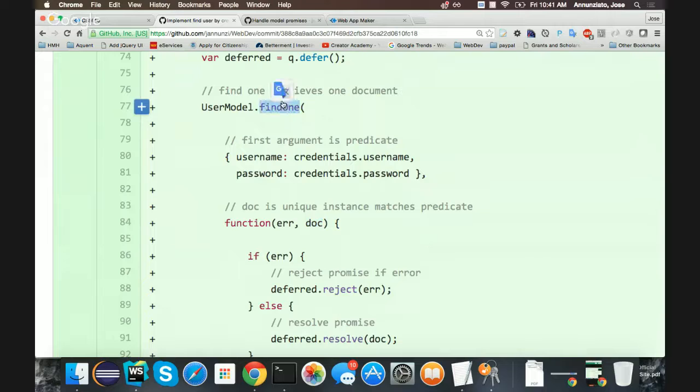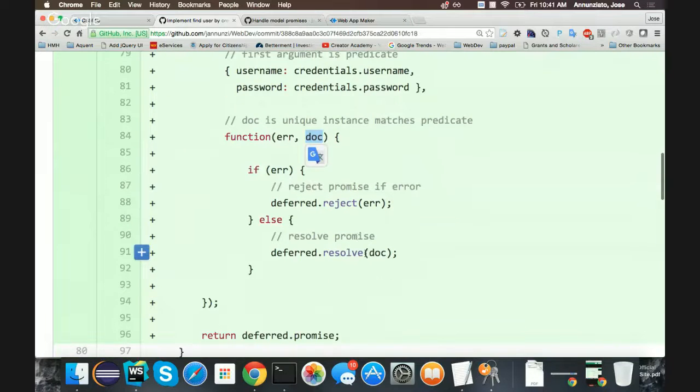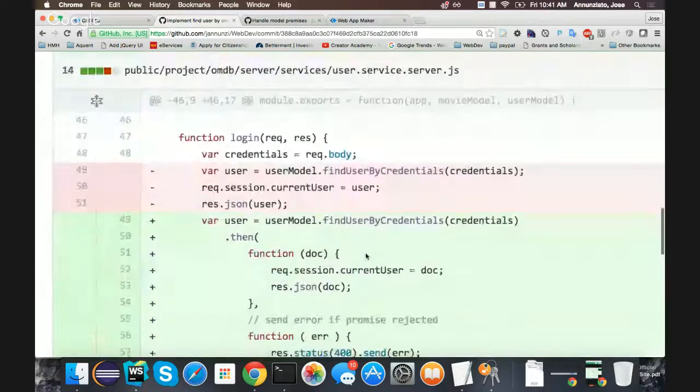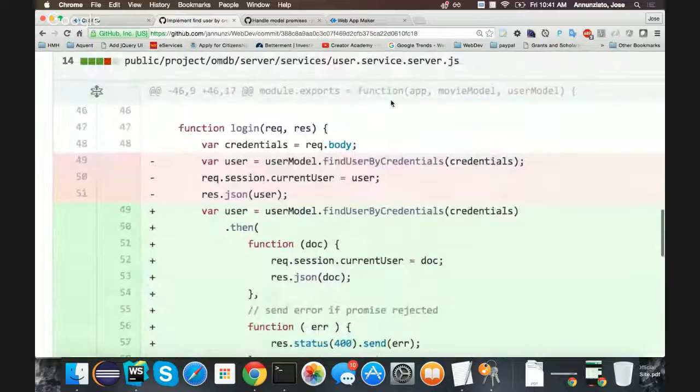Anyway, so here's find one. Here's a predicate, right? It's going to match the username and the password. So it's like an and, right? The username matches and the password also matches, and it returns that one instance. And we're going to reject or resolve, right? As always. And on the client side, on the service side, the web service, the one that made the call,